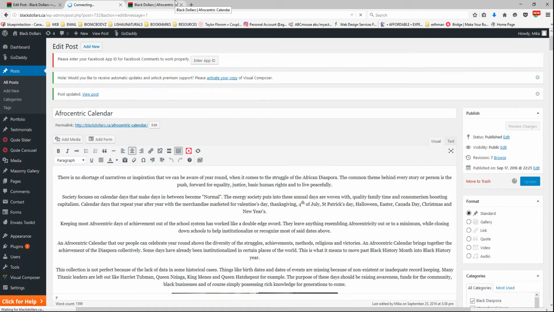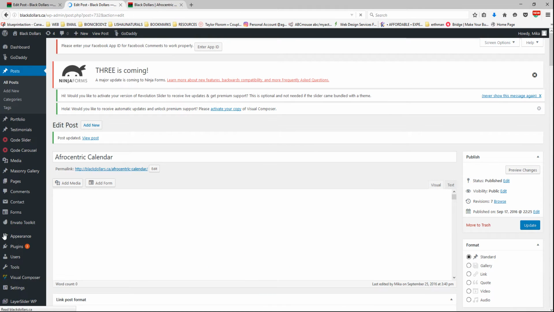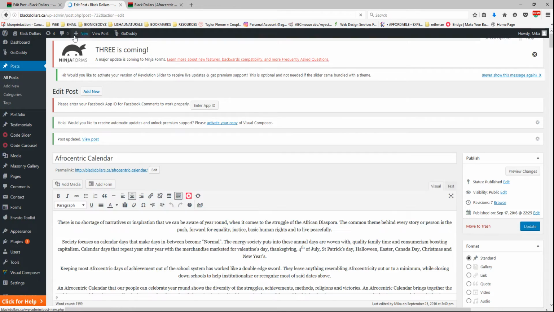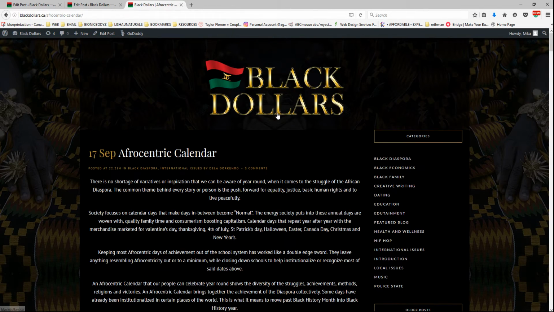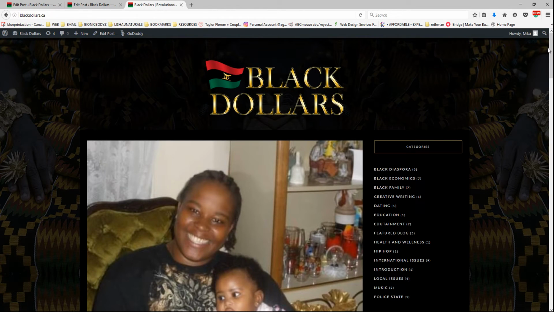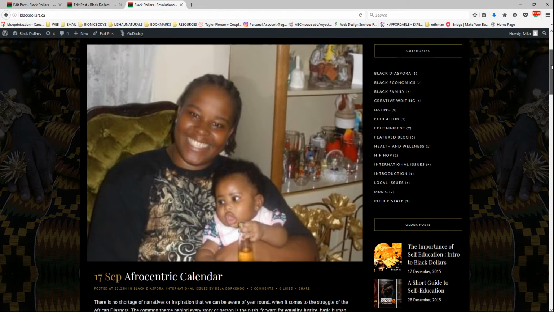and wait for it to update. Then we are going to refresh this. So we're going to go back to the page. It's not going to show up at the top because I already hid the featured image. But as you can see, this is now the featured image, but it's blurry. So, I mean, it's up to you. It's not that bad, but I personally prefer to use an image that has a wider profile and actually is